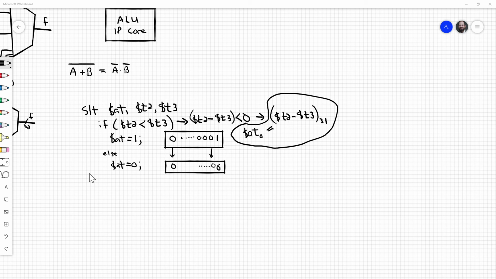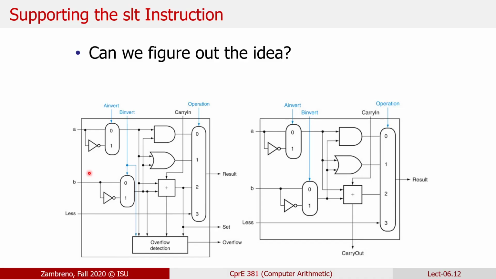Checking if we're setting only bit 0 ultimately, and we're setting it based on if the result of the subtraction is negative or not. And that would be the most straightforward way to implement your set less than operation. You would use the same exact adder, and you would just have a little bit of extra care now, and you can see the actual connections happening here, that for input,